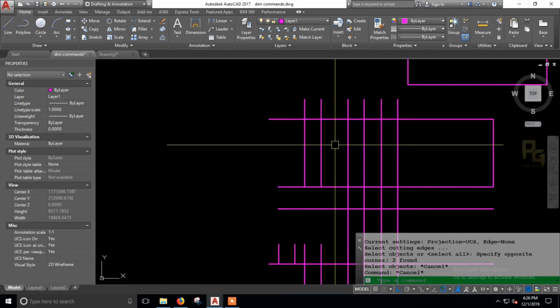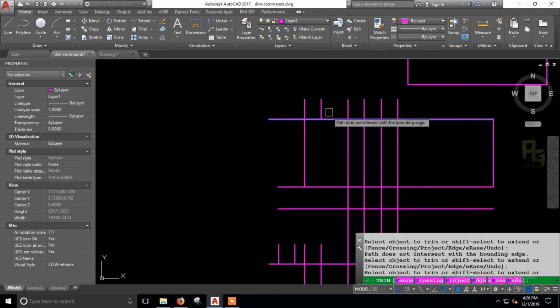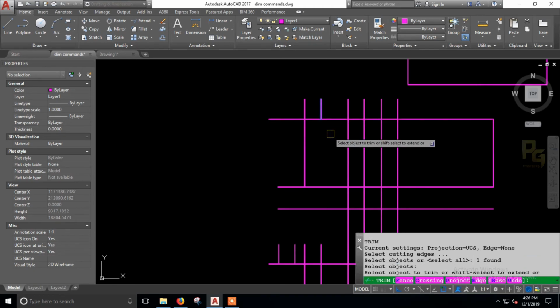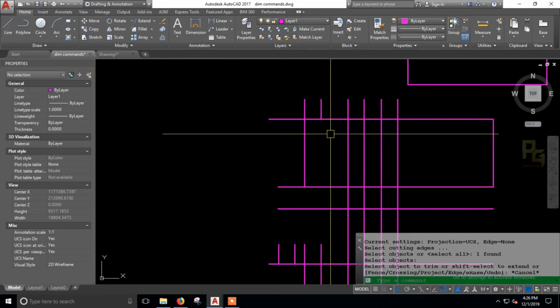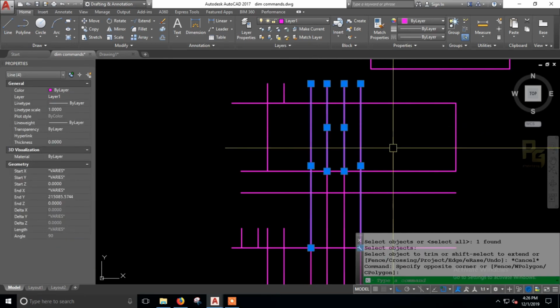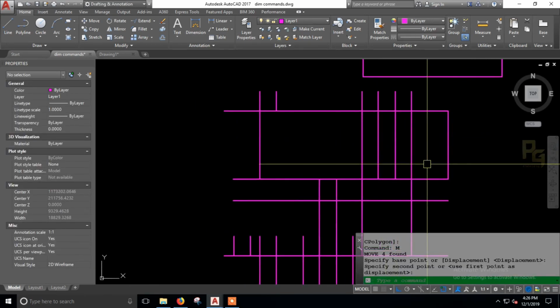If I am working with the trim option and need to extend some line, I select shift and then press the line, and it automatically moves to the extend command. And if you release shift, it automatically comes back to the old command we used. So this is the smart shortcut. You can try. If you have any doubt, just let me know, I will explain.